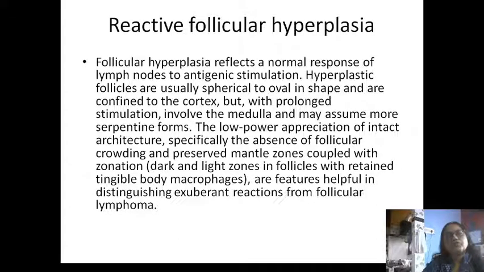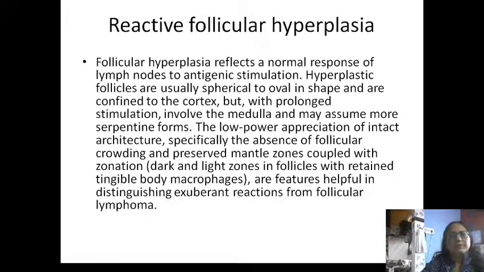Now coming to follicular hyperplasia. Before going to the lymphomas, we must also understand the reactive follicular hyperplasia, which is a benign process. Lymphoma is a neoplastic process, a neoplastic proliferation, but there can be benign proliferation of lymphoid tissue, which is called a reactive follicular hyperplasia. This reactive follicular hyperplasia occurs due to various causes like viral infections and many other causes. So from the histomorphology, we will have to differentiate between the two.